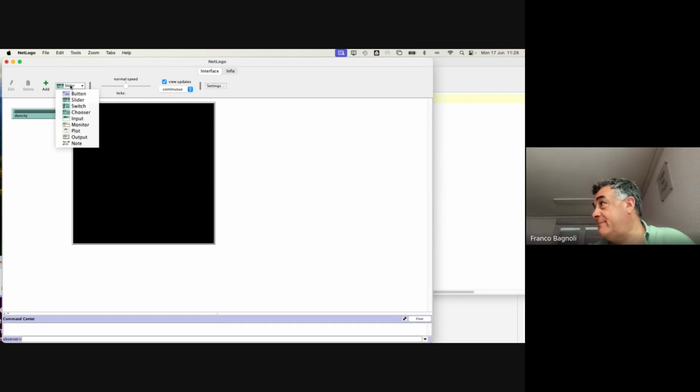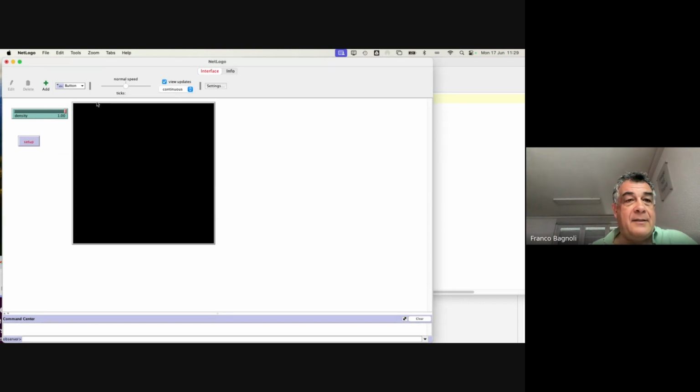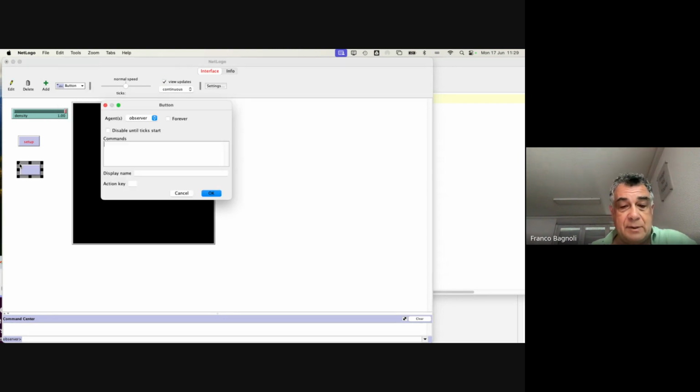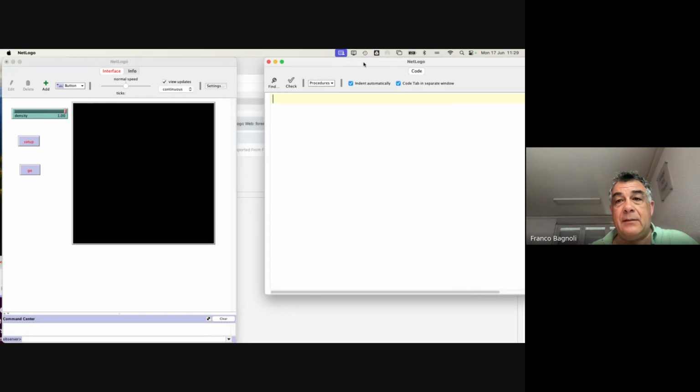Then you need a setup button, and then you need the go button, or execute, or as you want. This is the minimum normally for performing an experiment. Then we can write the code to set up. So the first instruction of setup is clear-all, CA. Then we can ask patches, if random-float 1 is less than density,